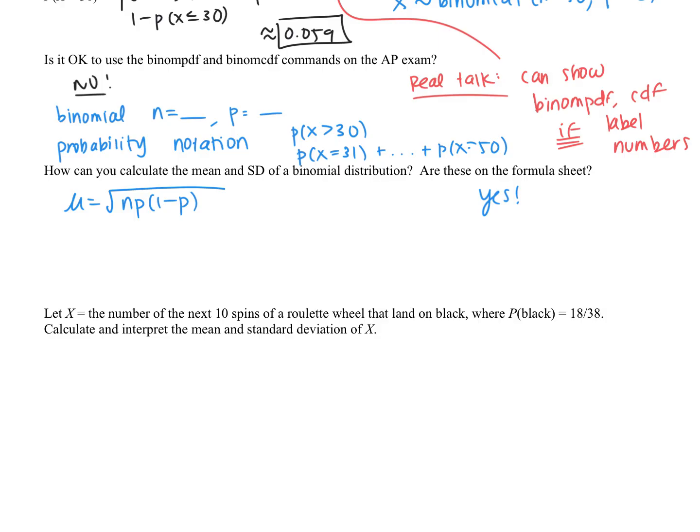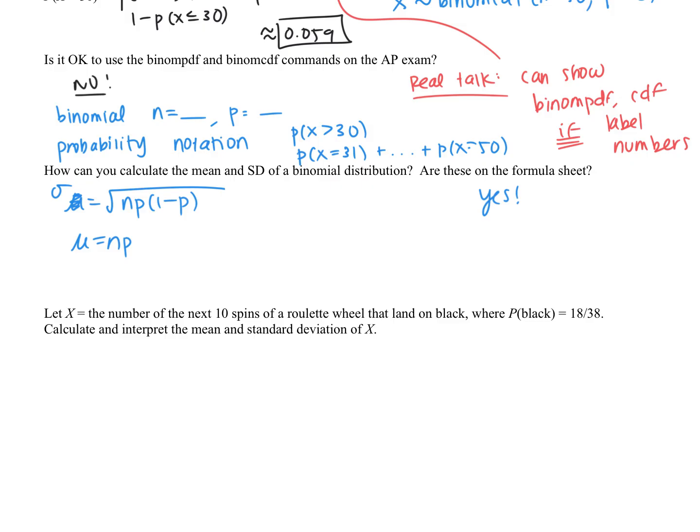Again, that's on the formula sheet. I totally just lied to you. That is standard deviation. Mean is just n times p. Last thing we're going to do is calculate and interpret mean and standard deviation for the